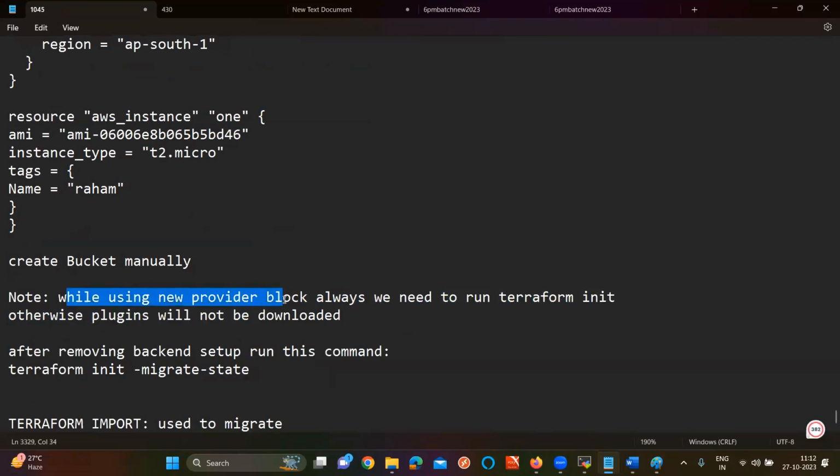So now if we go and see, sir, what is the note point here? While using a new block in Terraform, not only the provider block, always we need to run terraform init. Otherwise plugins will not be installed. Have I said this point or not, sir? So I wrote it here. For example, whenever you remove the Terraform backend code, we need to give the command terraform init -migrate-state.